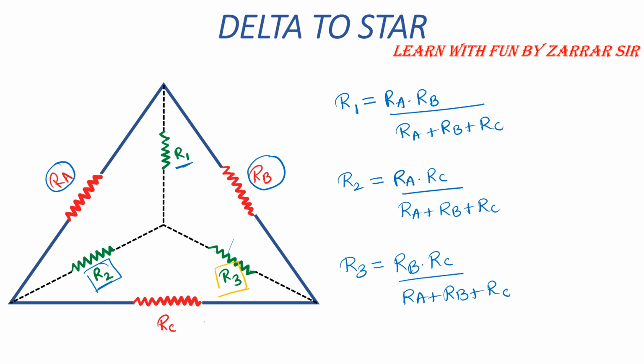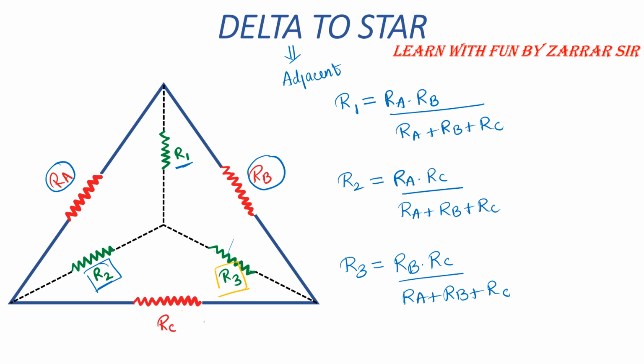You can remember it with this, that delta ends with A. It's a very silly way to remember. So if you are converting your delta to star, remember you have to consider adjacent. If you are converting your delta configuration to star configuration, you will first make a star configuration inside the delta and then you will consider the adjacent resistor. This was related to delta to star.